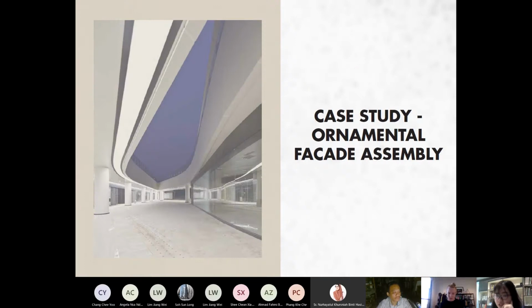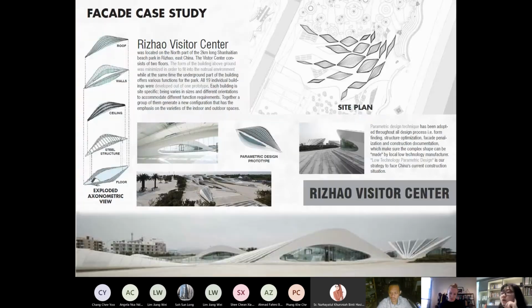We have a case study because one of the main points in this overall design studio project is the ornamental facade assembly. So I have a case study on this facade, the Rijau Visitor Center.